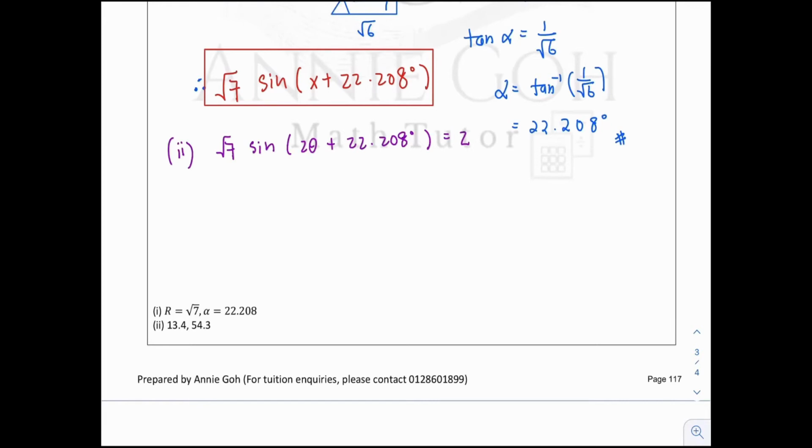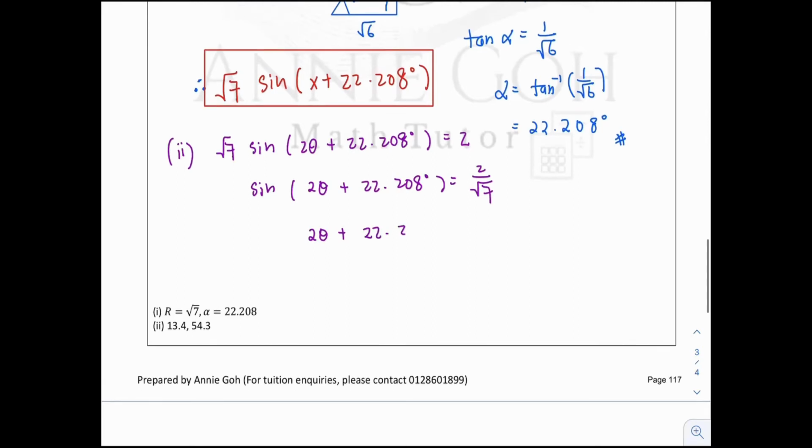Then from here we can start to solve to get the value of theta. So sine (2 theta plus 22.208) should be equal to 2 over square root 7, and therefore you just need to press the calculator to get arcsine of 2 over square root 7, and you will get the basic angle of